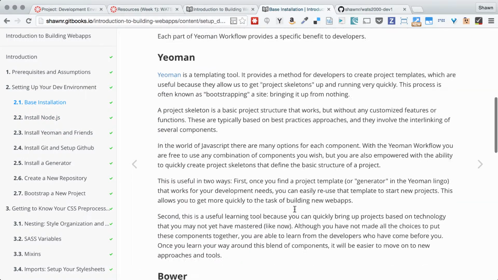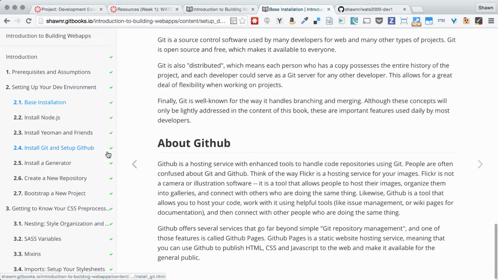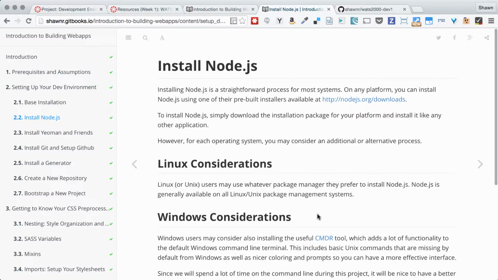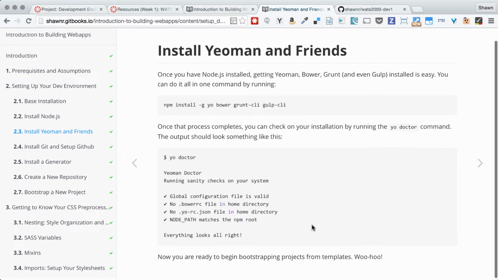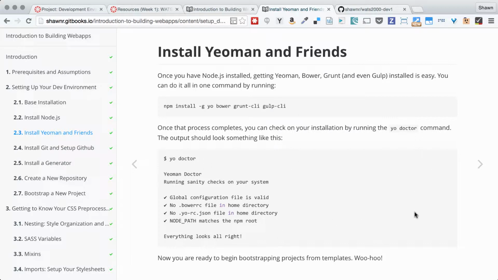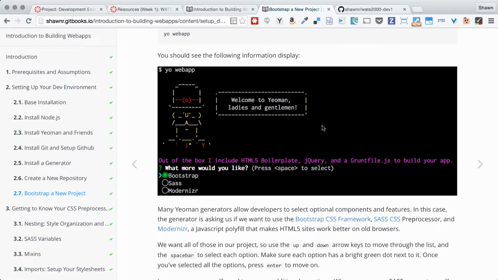You're going to look at all the different types of software and learn about all the software that you're going to be using. There's some information about using Git and GitHub in case you're a little rusty or still new on that stuff. And then you'll go through the whole process of creating and installing your development environment and creating a new project with Yeoman. So once you're done, you'll be able to commit that work to GitHub, and you'll have something